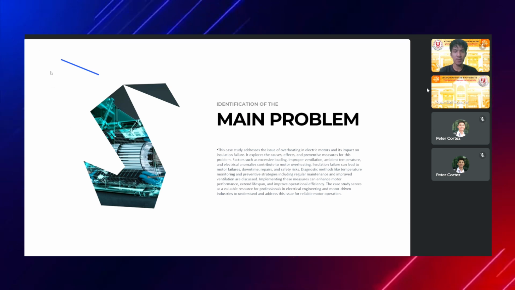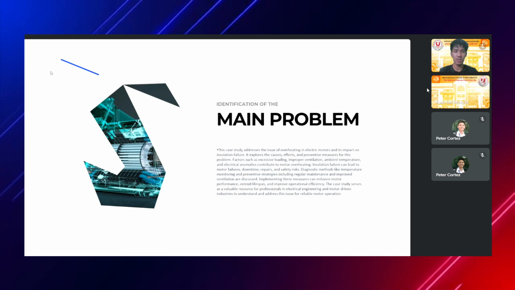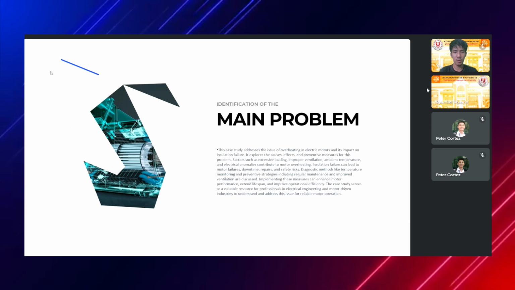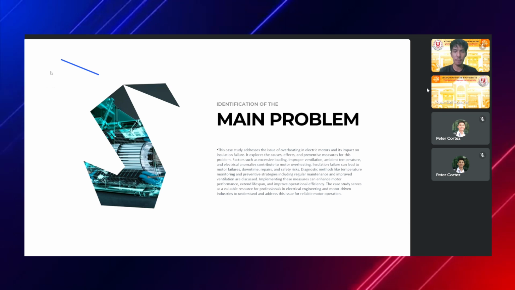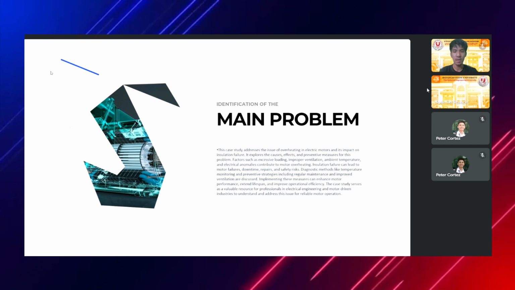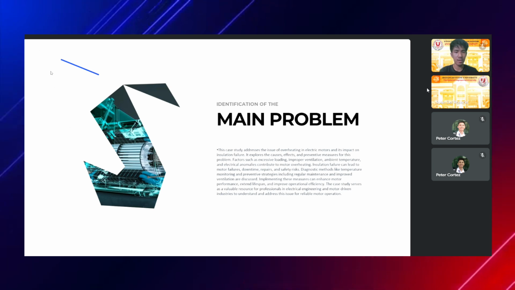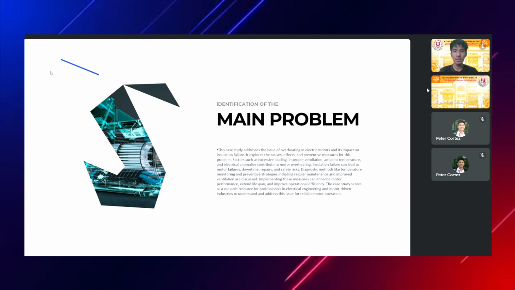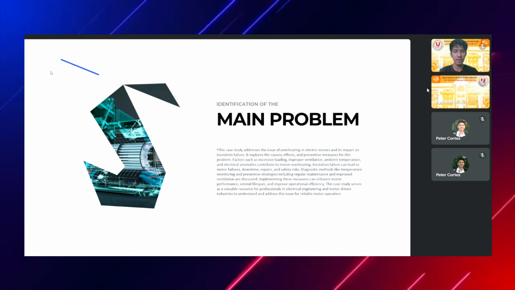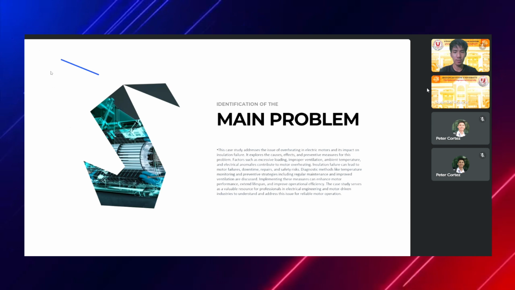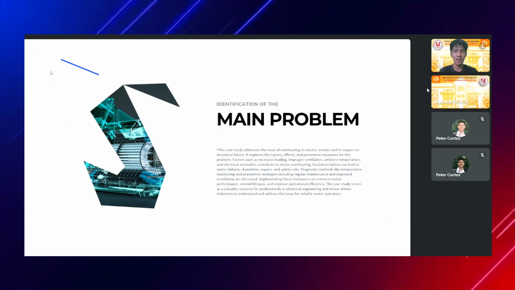This case study begins with exploration of key factors contributing to motor overheating. Various aspects such as excessive loading, improper ventilation, ambient temperature, and electrical anomalies are examined in detail. Furthermore, this case study examines the consequences of insulation failure in electrical motors. Beyond the immediate operational disruption, insulation failure can result in catastrophic motor failure, unexpected downtime, costly repairs, and potential safety